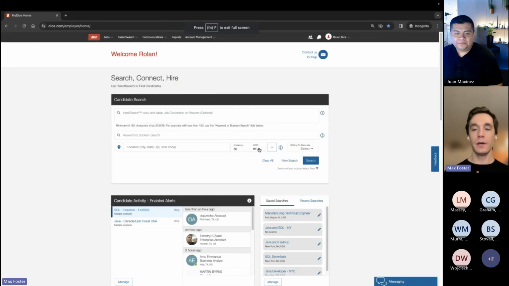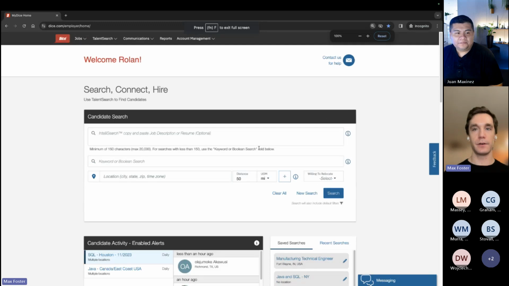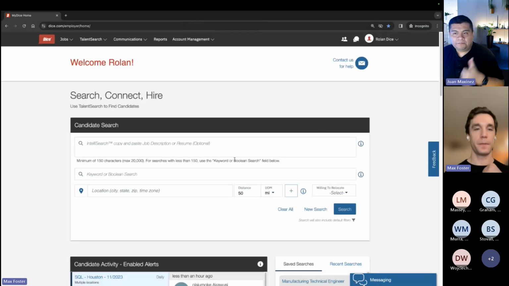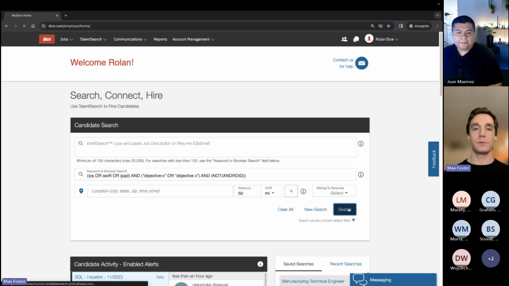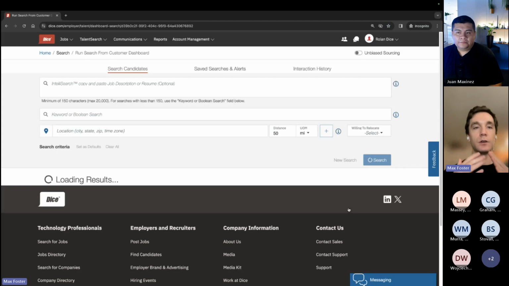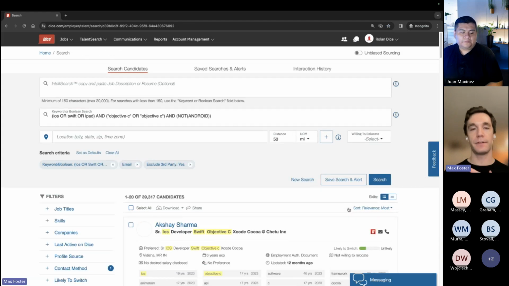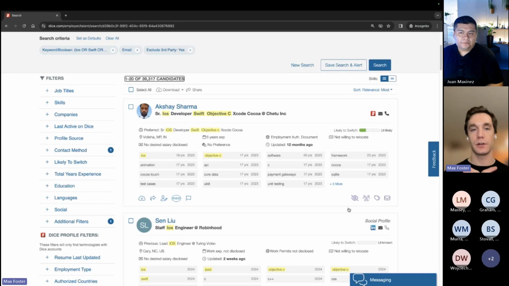Okay, there we go. Can everybody still see my screen? Good. Yep. Cool. Okay. So I'm just going to copy and paste my lovely Boolean right here into the search bar, and I'm just going to go ahead and hit search. One of the biggest things we encourage you from Dice is run multiple searches. You're never going to find your favorite person on this first search. We're also used to Google telling us exactly what we want on the first search and the first three things. And if it's not, you're right, the best place to hide a dead body is on page 2 of Google, which we could all believe is true.